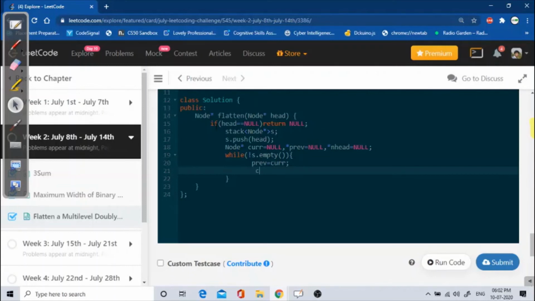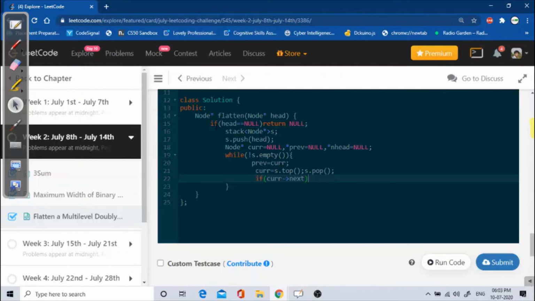So first of all I have to store the stack top element here. For that I will use the top function, and after that I will delete that starting element, that is the top element. After deleting, I will check if I have any current next node. First we will check for the next node, and after that we will check for the child node. We have already discussed this point.